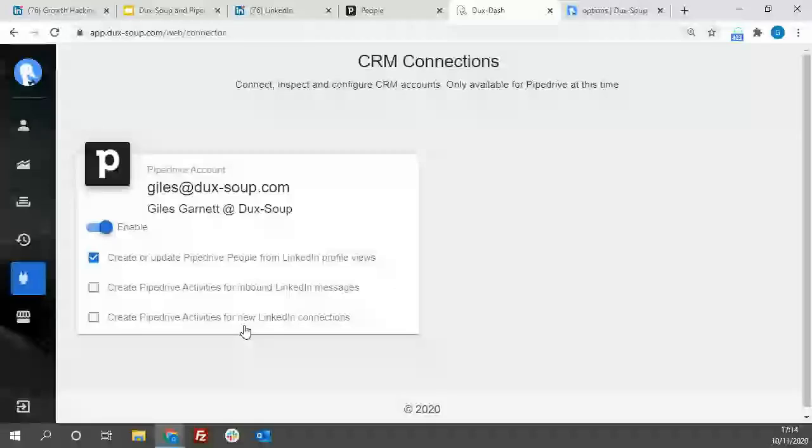Similarly, when somebody accepts your connection request, so if you're during your auto visits and your outreach for new connections, you're sending out those. When people accept your connection request, you can have an activity created within Pipedrive relating to any new